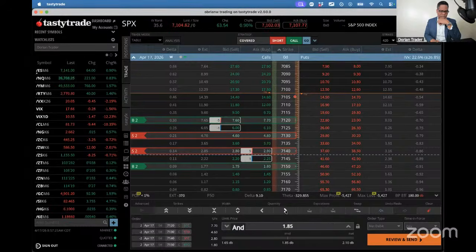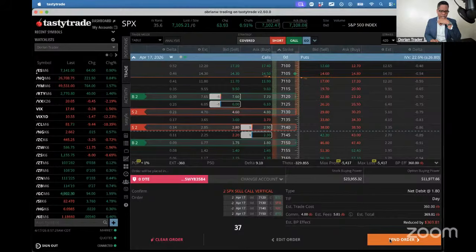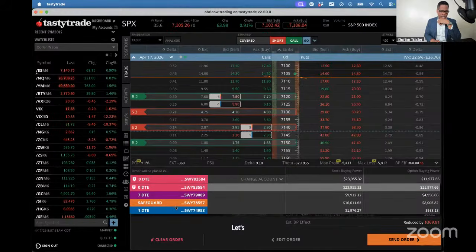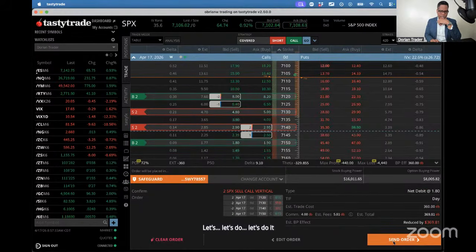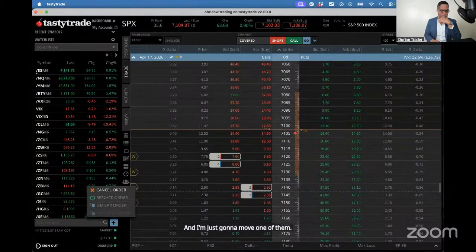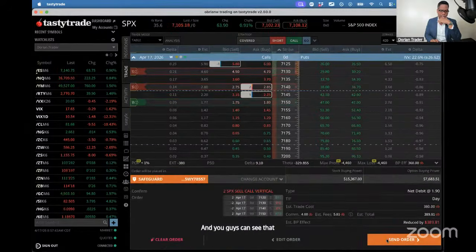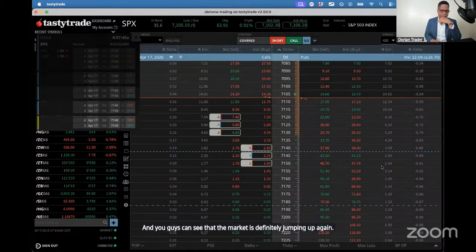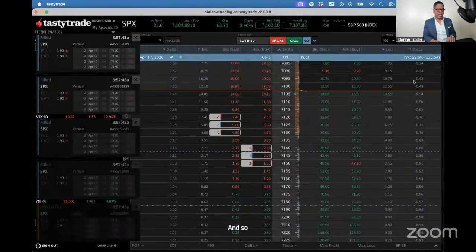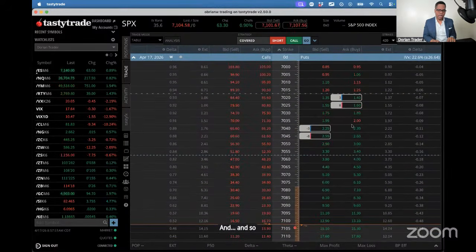And that's two contracts. It's going to be 379. And let's do it like this. I'm just going to move one of them so I don't have to move all of them at the same time. And you guys can see that the market is definitely jumping up again. And so that costs about 390. And so if I go over here